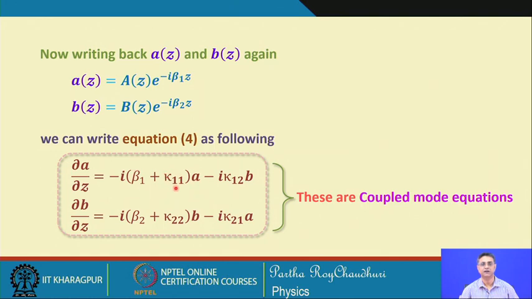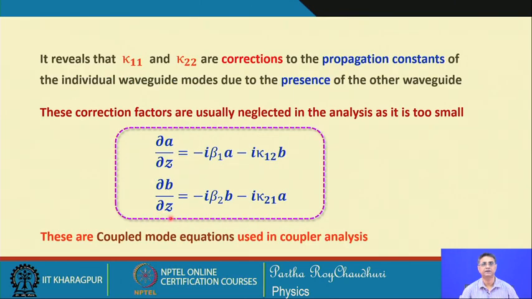So this is only the correction to the propagation constant of the mode of waveguide 1, and similarly this is a correction to the propagation constant of the mode of waveguide 2. These are only small correction terms which can be neglected for weakly interacting waveguides,